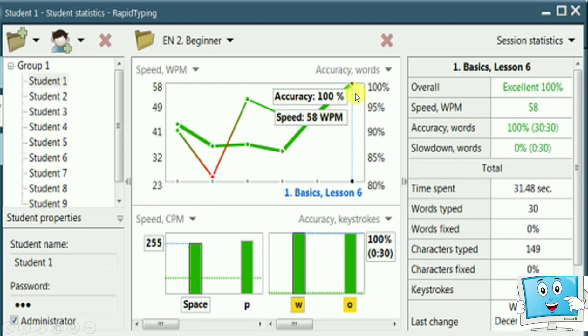So this screen is showing us the performance of that particular student. It is showing us the accuracy of the student, and here the speed is 58 WPM. WPM stands for words per minute, means how many words can be typed in 1 minute. Similarly, this is the CPM, which stands for characters per minute, means how many characters have been typed in 1 minute.